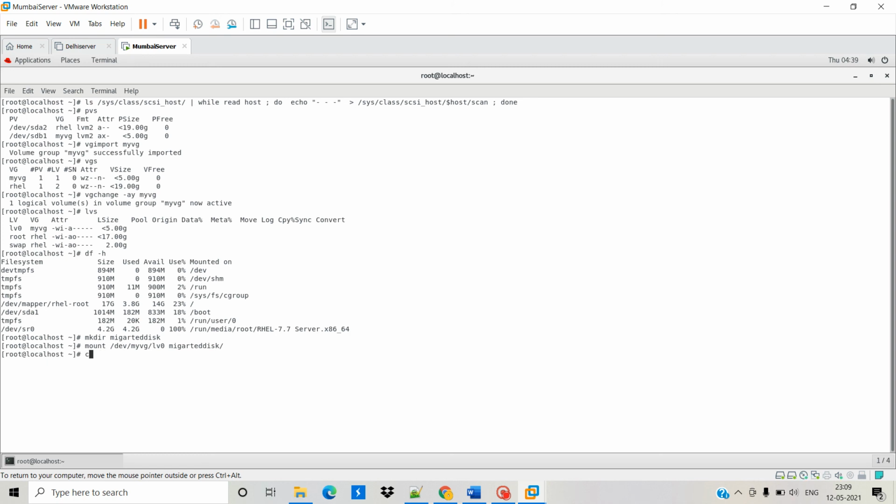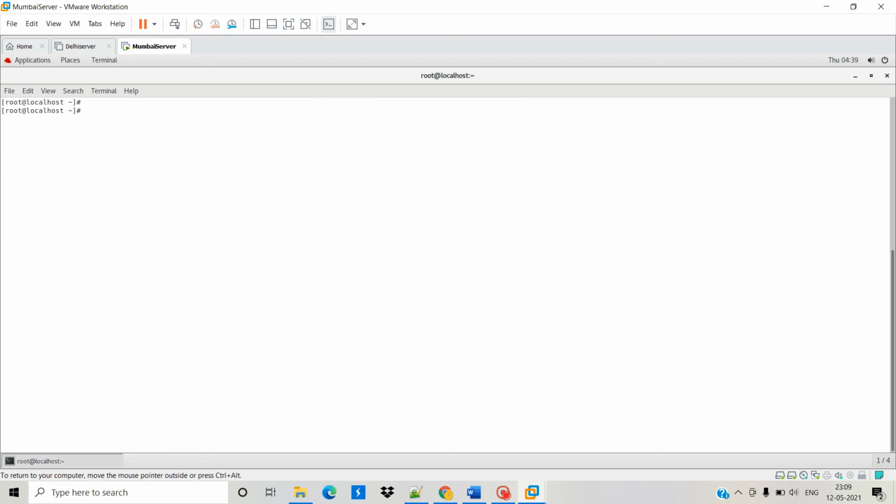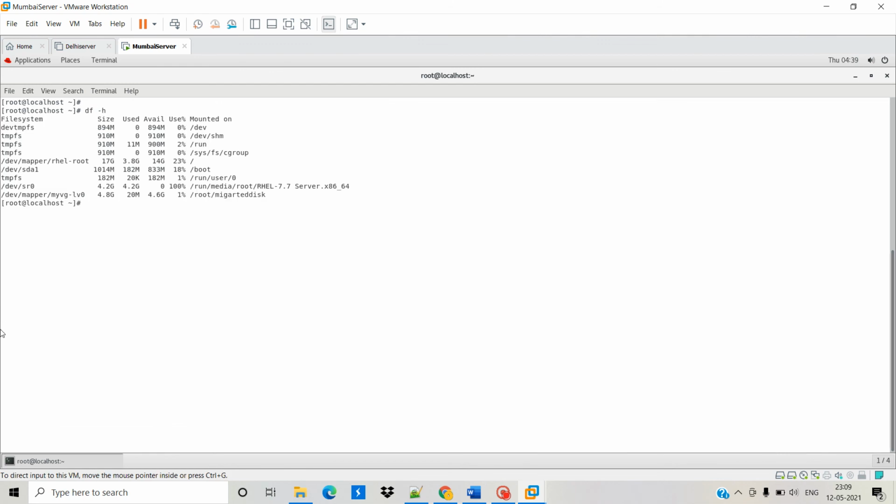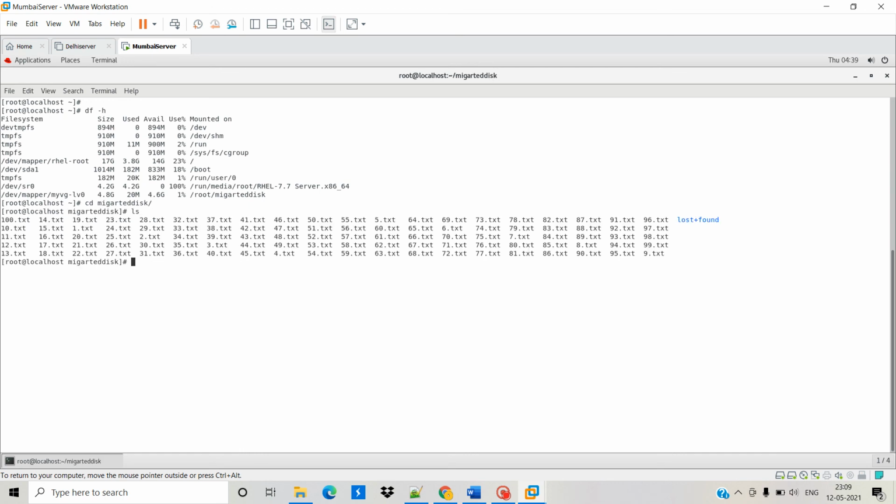Now first I clear my screen. So here you can see df -h, and you can see migrated is added now. Now I am going into that migrated directory on my LVM. So here ls, and you can see we migrated our LVM from one server to this one without any data loss.